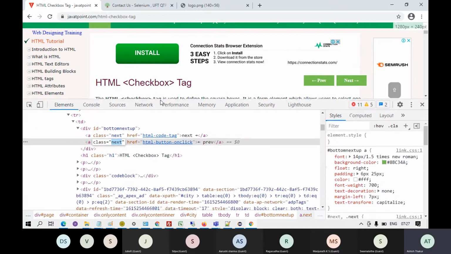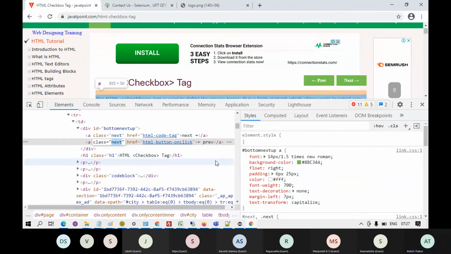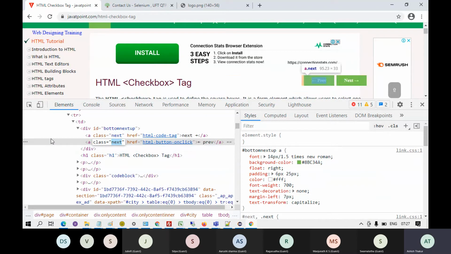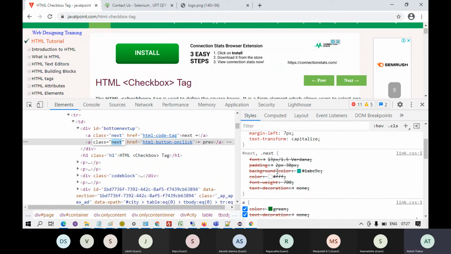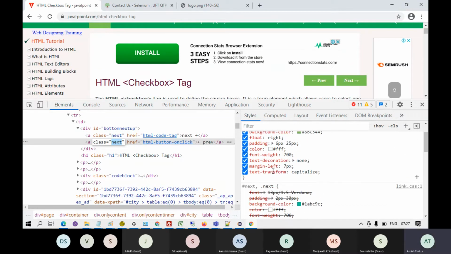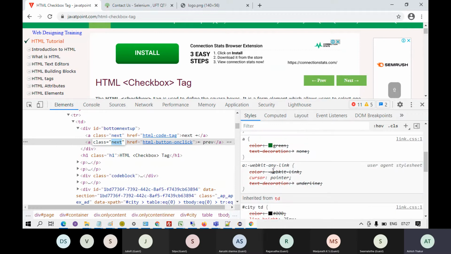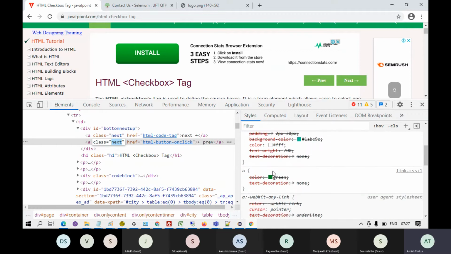If you move this upwards and scroll it like this, this is the CSS style sheet for this particular element.